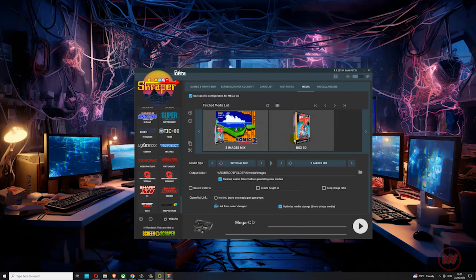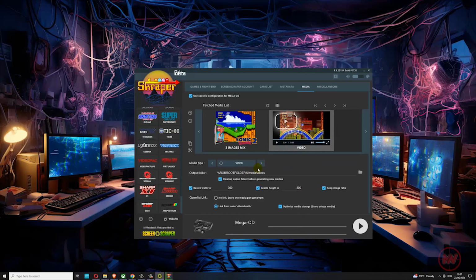I want videos as well. So I'm going to click on box 3D and choose a video. I'm going to click it again and choose normalize 30 FPS 24 kilohertz video, just because these are smaller videos. And now I can actually change the screen size of this, or the resolution, I think, by just changing this to like 200. I'm not too sure if this actually makes the videos smaller in size, but I do this